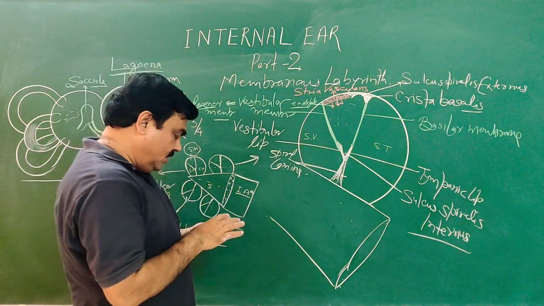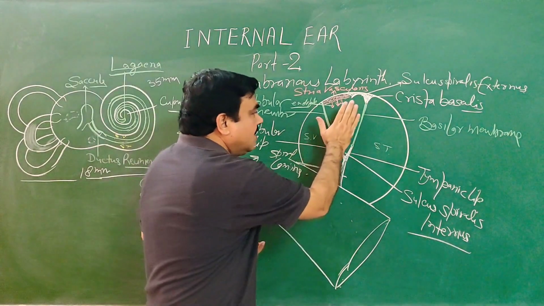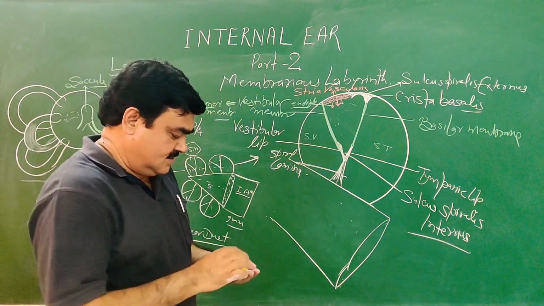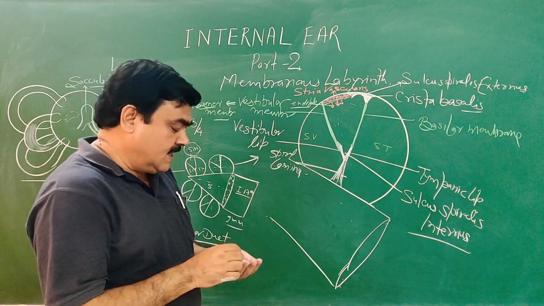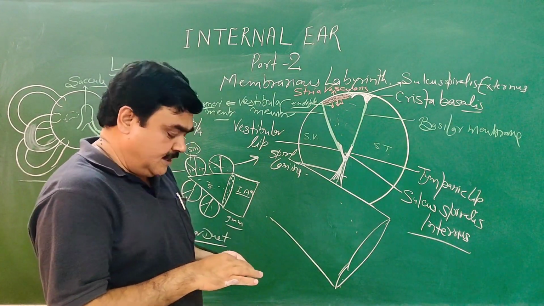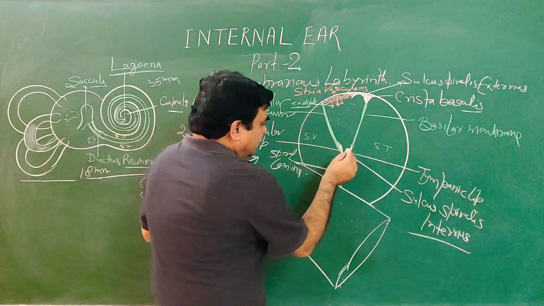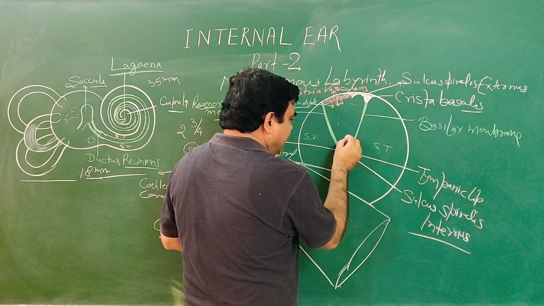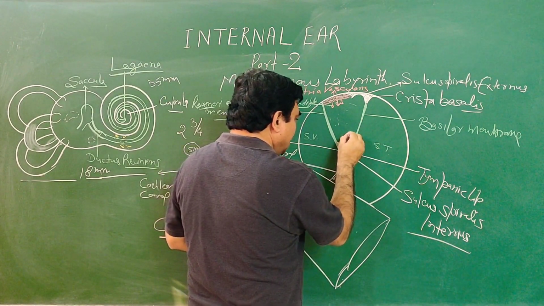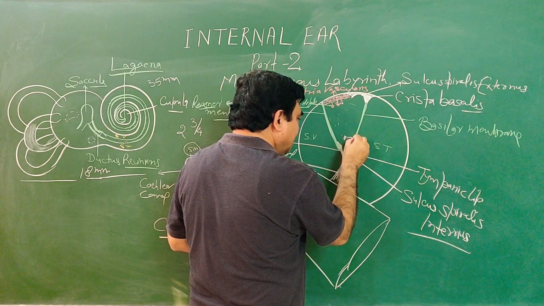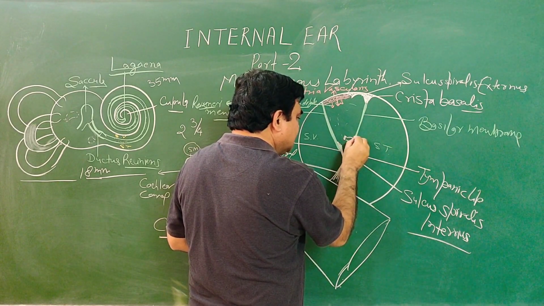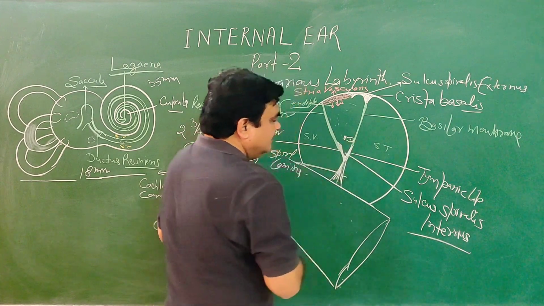And another very important thing, here the organ of Corti is present. What are the cellular structures which form the organ of Corti? It is the organ of hearing. Here on the basilar membrane, the hair cell is present. This is a flask-like hair cell,